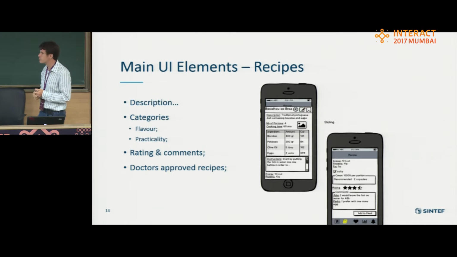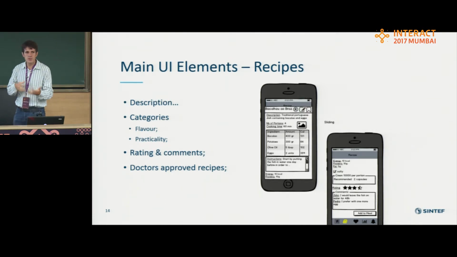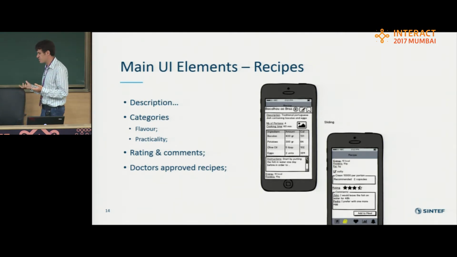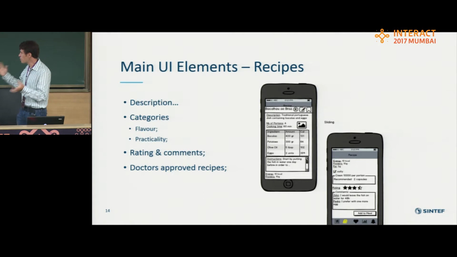For recipes also, there was an interesting case. A few of the requirements were as expected: they wanted a description, the number of portions, ingredients, and so on. They wanted categories like flavor, if it's sweet, sour, etc. But practicality was also very important. Like, can I do this in up to 5 minutes of cooking, or is it 10 to 20, or more than half an hour? They wanted social aspects,